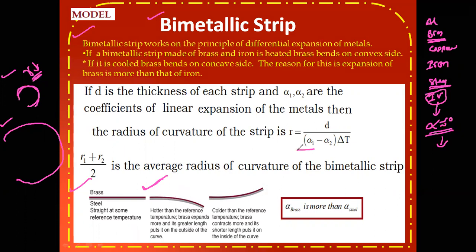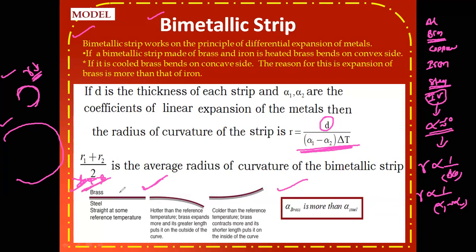And the radius of curvature of the bimetallic strip is inversely proportional to the rising temperature and to the difference of alpha, that is, 1 by alpha 1 minus alpha 2. Here, d is the thickness of each strip. This is the explanation I gave, and this is one of the very important examples. To do a problem based on this, the convex surface is different and the bending nature is different, so while solving problems we should take more care on this. Okay.